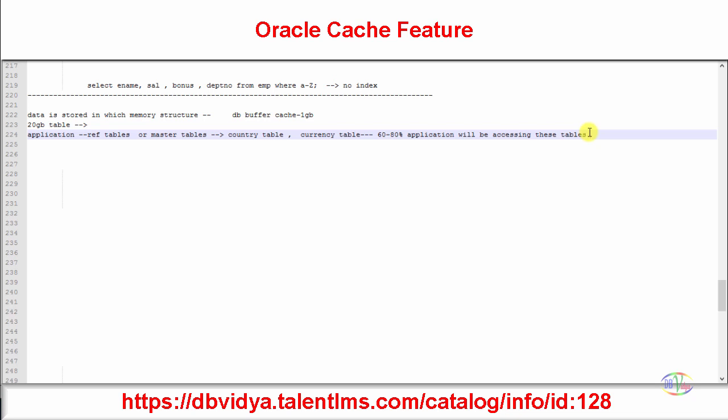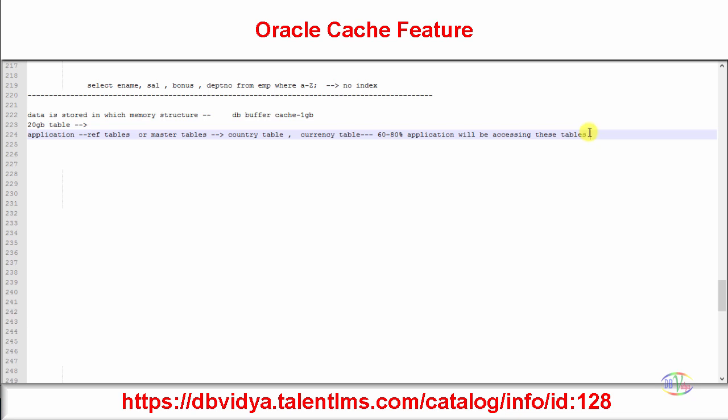What is your suggestion? I have an EMP table which is 500 MB in size, just for discussion. No, I guess not. So we generally follow three criteria. One is it should be a master table or reference table, which means that table should be used by most of your application parts, be it a form, report, batch program, or anything. And one more thing, the table should be very small.